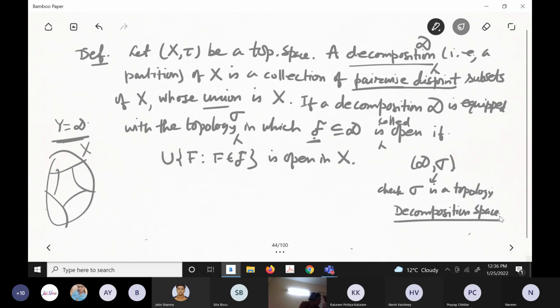Okay, so you should check this is a topology. In fact, you see that the theorem is now saying that I'm giving this map from X to D. What is this map? This is very simple. For X, what will you take? Look, this is a partition, so you will take the class which contains X. X will belong to only one of them because it is a